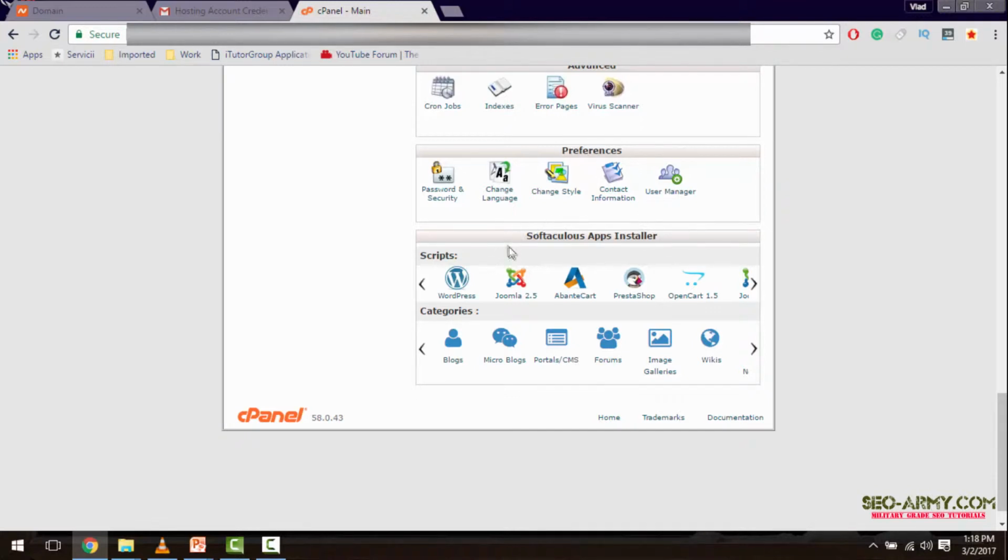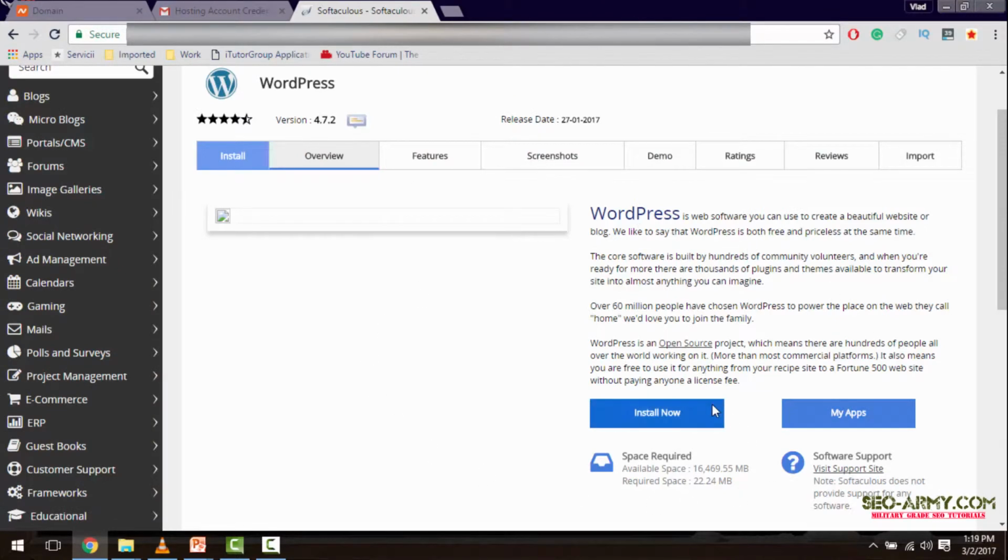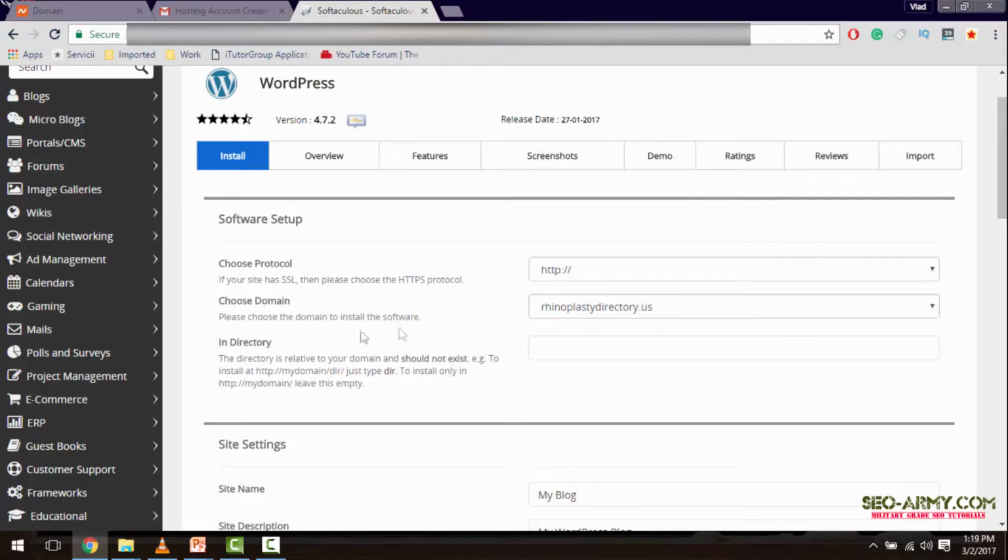of your cPanel. Now, if we go ahead and click on WordPress, this will come up on the screen and we're just going to go ahead and click install now. Then if you have multiple domain names, you will be able to choose the right one from this list. I've already selected